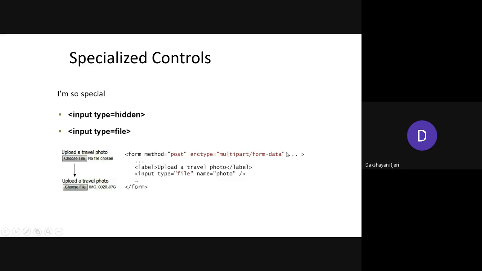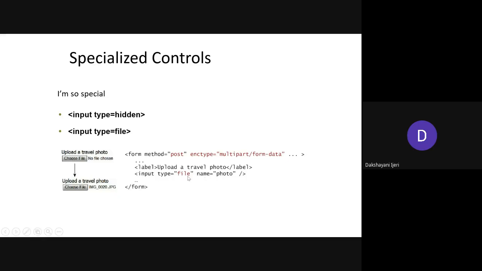Don't worry about what format it is. Just remember that whenever you want to read any file, whenever you want to allow the user to upload some files from their system, within the form element itself, this attribute is mandatory with this value. Following that, the rest of the thing is the same. If you want to give a label using the label element, do that using the label element followed by the value. And in this input element, the type attribute should have the value file, and the name of your choice.